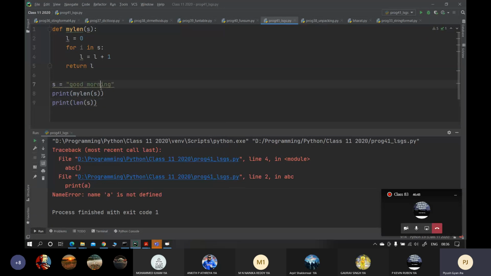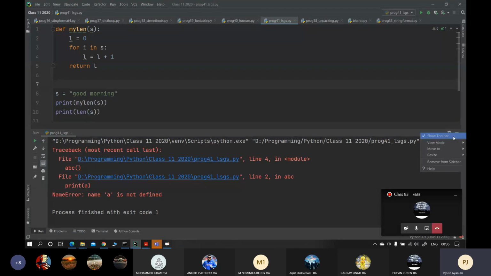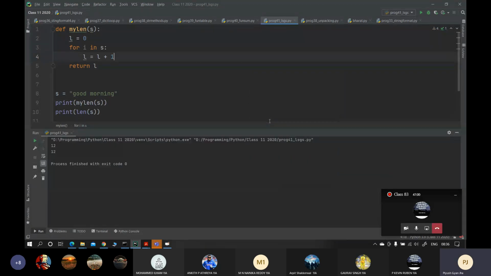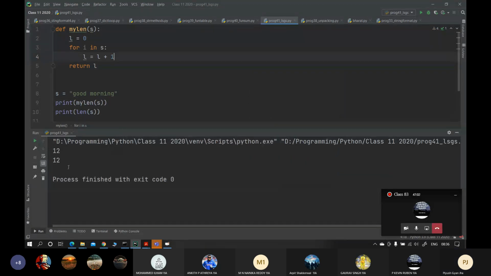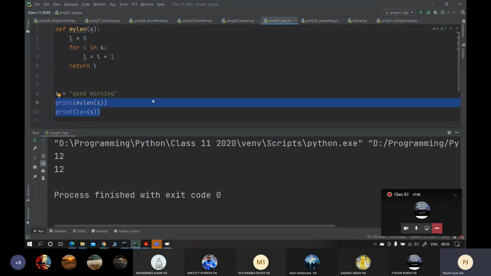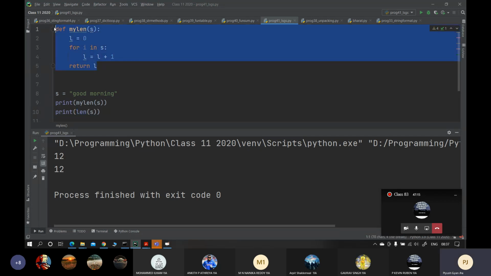Look, both are working the same way, mylen and len, both are returning the same thing. That means len also has similar code written inside it. Is it fine?